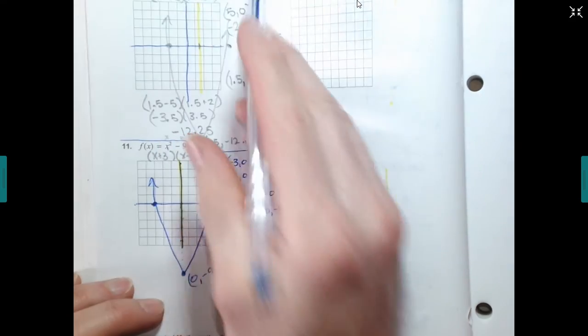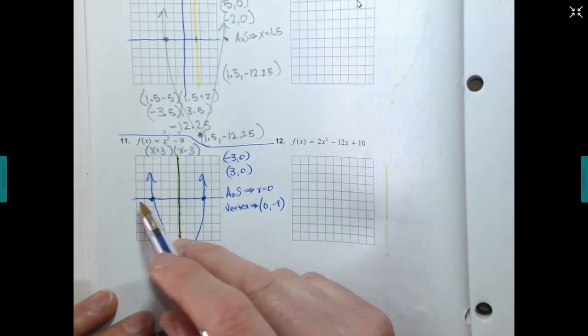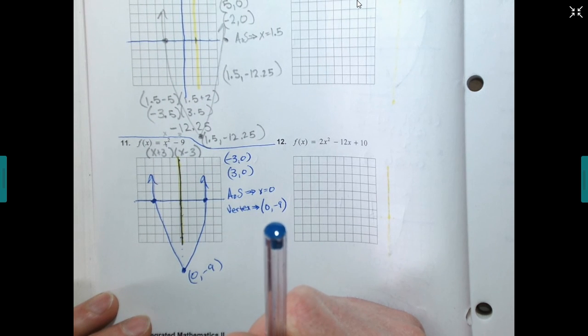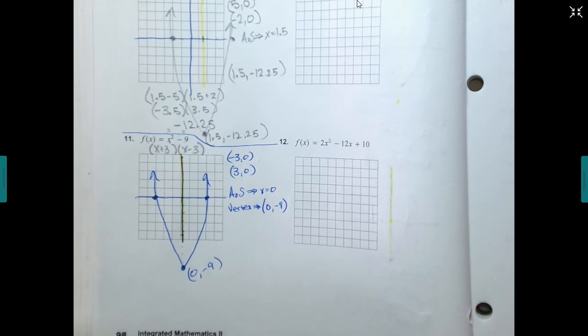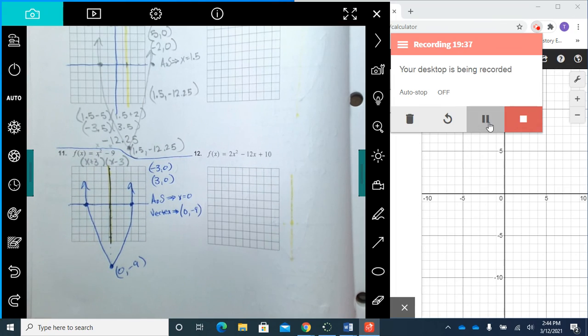Okay, use zeros to graph the function. That's it. I just graphed the function. There it is. What's my domain? My domain is all real numbers. My range, y is greater than or equal to negative 9. There you have it. All right. Ask me any questions you have, and have